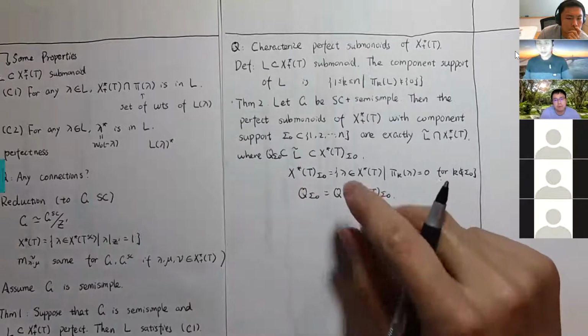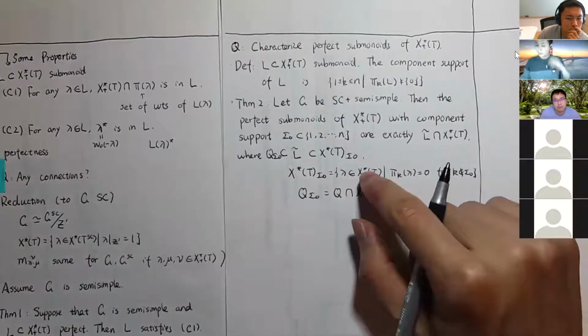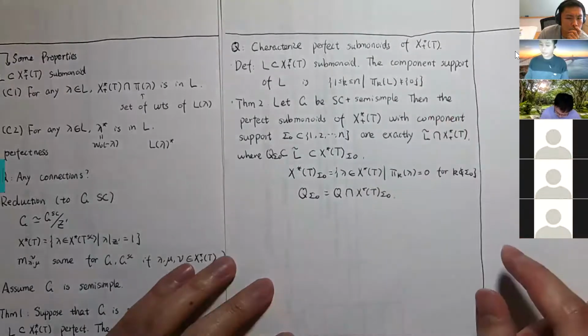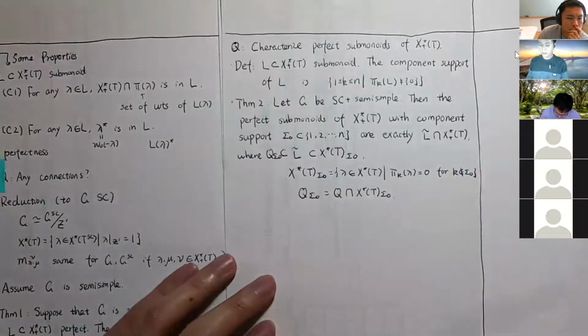So this is my second result about characterizing the perfect submonoids, and the proof of this theorem is based on our first